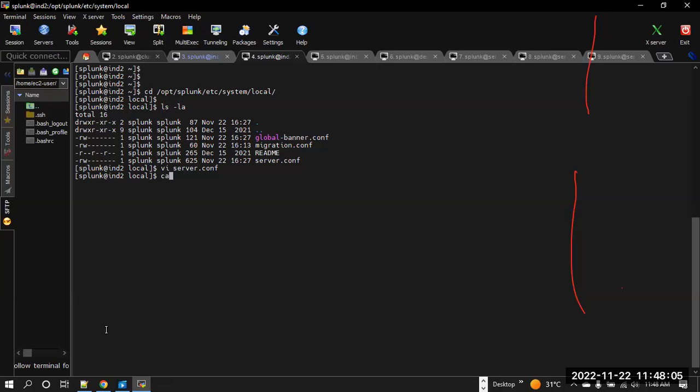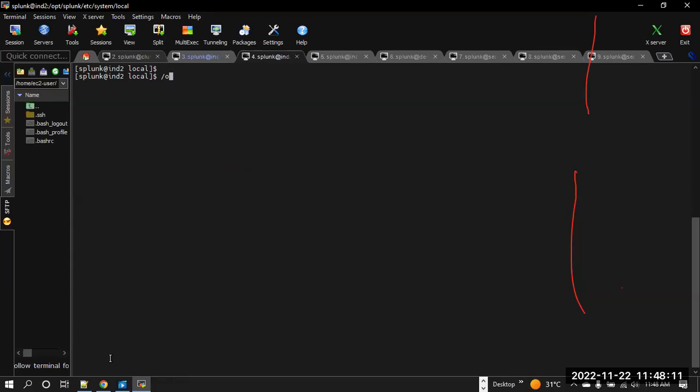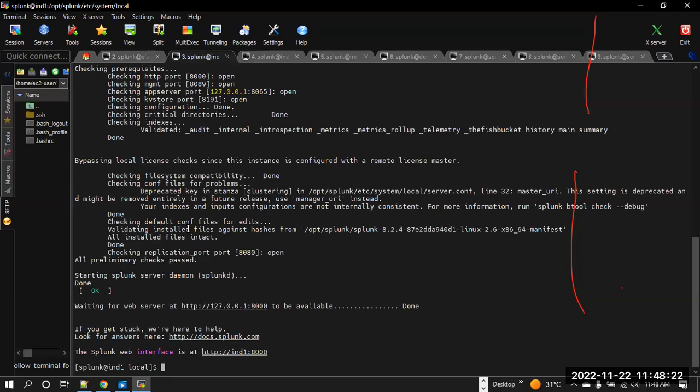I can as well go ahead and cat into it. And we have it here. Let me clear and restart my system. /opt/splunk/bin/splunk, then restart. Okay, we are good. So while this is restarting,